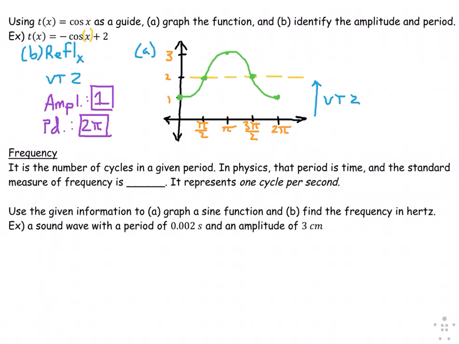In physics, for example, that period is going to be time, and the standard measure of frequency is known as hertz, spelled H-E-R-T-Z and abbreviated as capital H lowercase z,